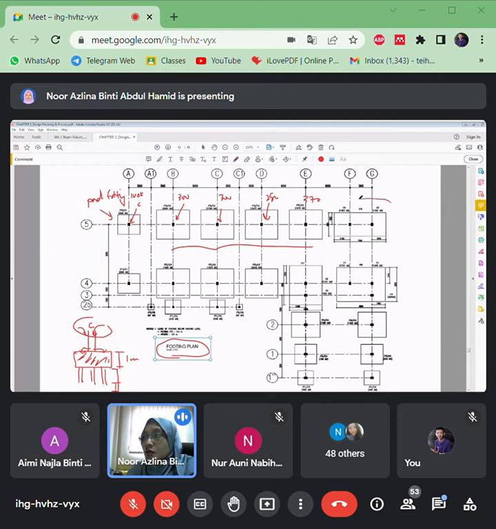Same goes for this one. Maybe the load is the same here. This is a 100, this point also 100, and the spacing between them is very close to each other, so we can design it as a double pad footing here. If I draw the sketch here, this is a pad footing with a 2-point load.